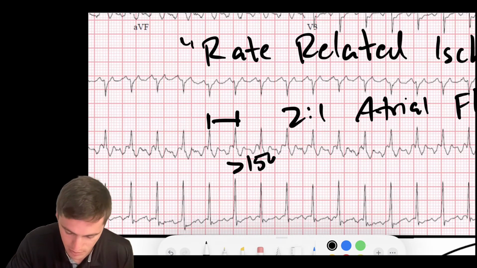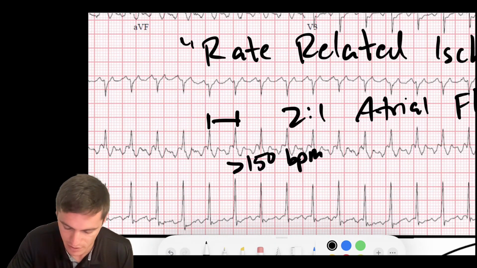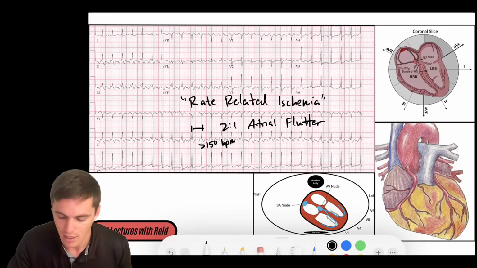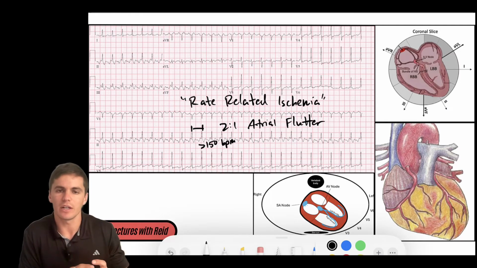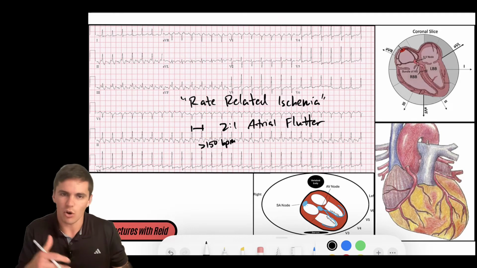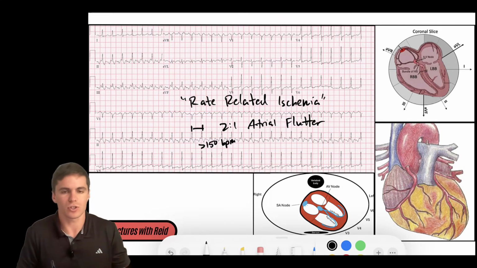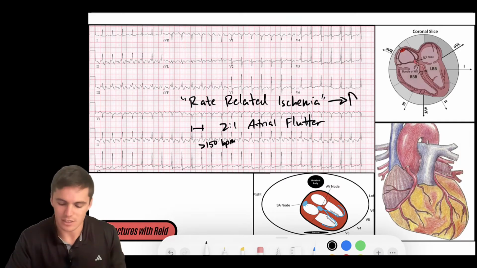The rate is over 150 beats per minute. Remember I said that if you have such a fast beating heart, you sometimes can't get blood in diastole to get all the way from epicardium to endocardium. So you could see in rate-related ischemia